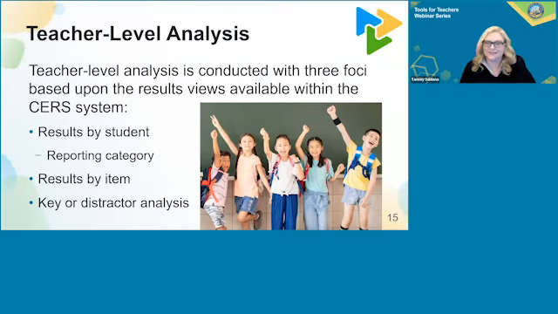Can I interrupt really quickly, Heather? I'm going to interrupt. We have a quick question, and I think it's a burning question. So I'm going to interrupt just to show that we are responsive to our questions here. It says, why are the results for IABs and FIABs, the focused IABs, measured as above, near, and below? Why is there no at grade level?